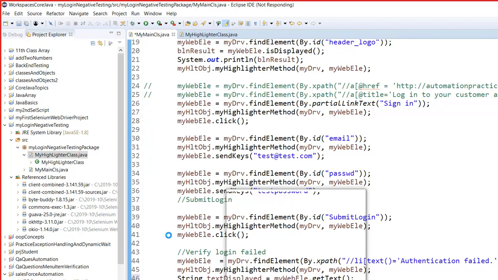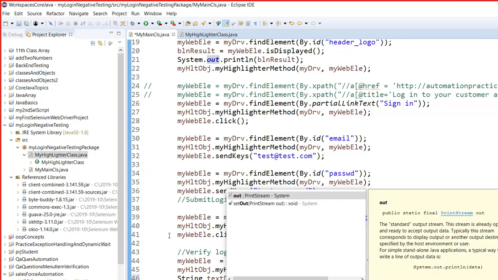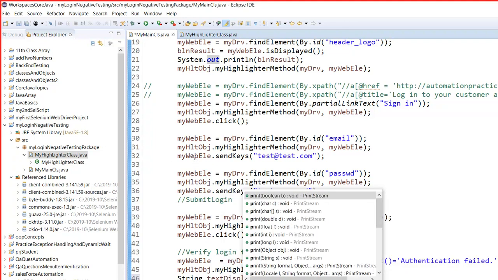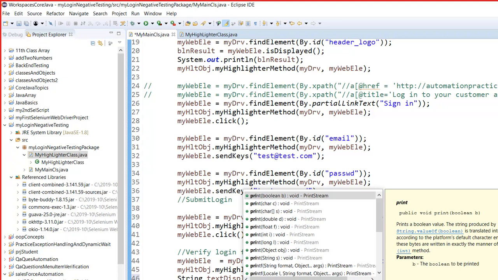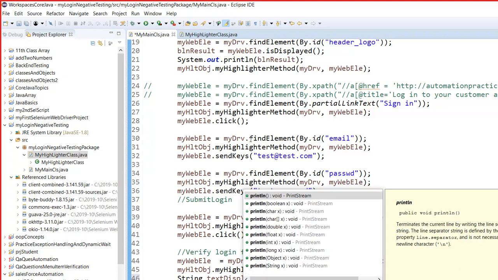Else I'm going to say error message didn't display. Okay, so now if you run it one more time,